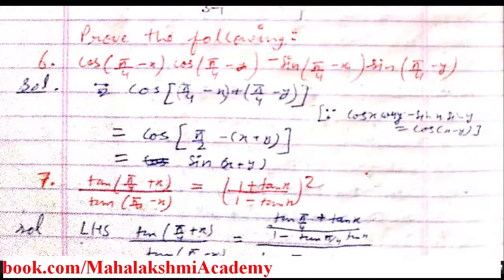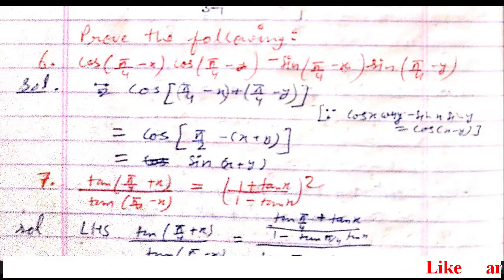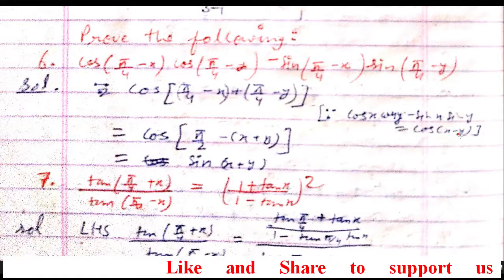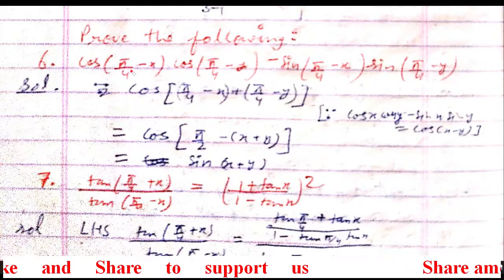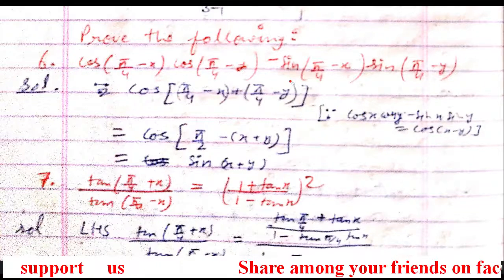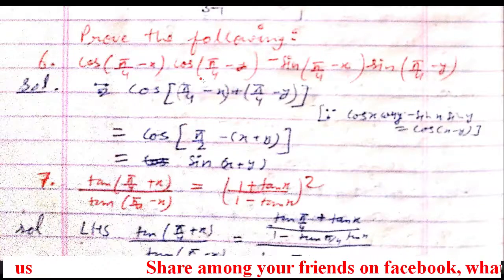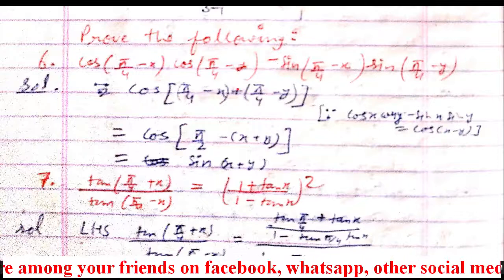Now we will move to question number 6. In question 6 we have to find the value of this. So our question is in the form of cos A cos B minus sin A sin B. So cos x cos y minus sin x sin y is the formula of cos(x plus y). It's the addition formula. So what is x for us? x is pi by 4 minus x, and what is y for us here? Pi by 4 minus y. So with the help of this formula, the conclusion of this complete line is cos(A plus B), because in the middle a minus sign is there, so here plus will come.